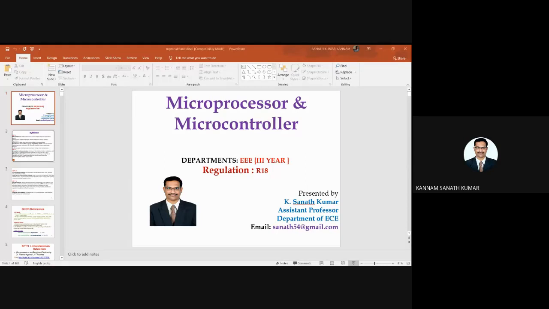And coming to NPTEL, if you want more knowledge about this, you can go through these NPTEL courses: Microprocessor and Peripheral Devices by Dr. Pramod Agarwal, IIT Roorkee, and Microprocessor and Microcontroller by Professor Krishna Kumar, IISc Bangalore. Some important materials will be available there. You can go through that. This is the link.